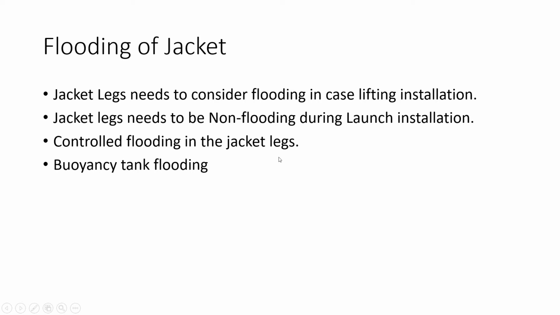Then controlled flooding in the jacket. What happens if you have a serious problem in bearing? If you have to resolve the bearing problem, you are going to end up with a very huge mud mat. To control that, you just have to assess the set-down load. What load will make the bearing, sliding and overturning okay for this jacket. You have to assess the minimum load. The minimum load should qualify the jacket for on-bottom condition.